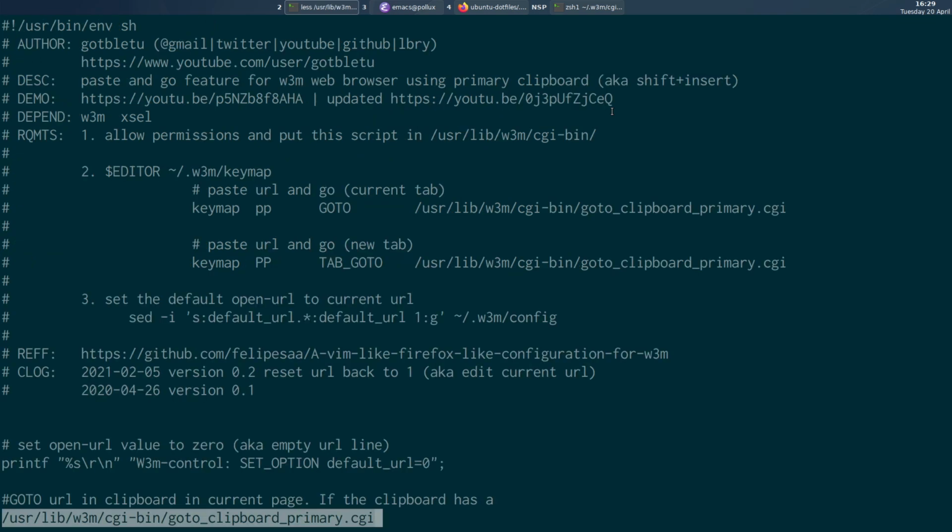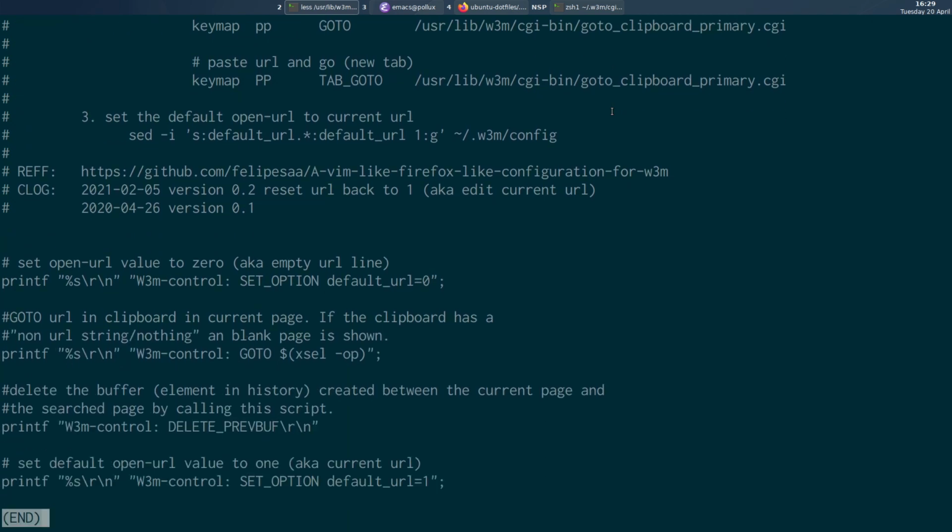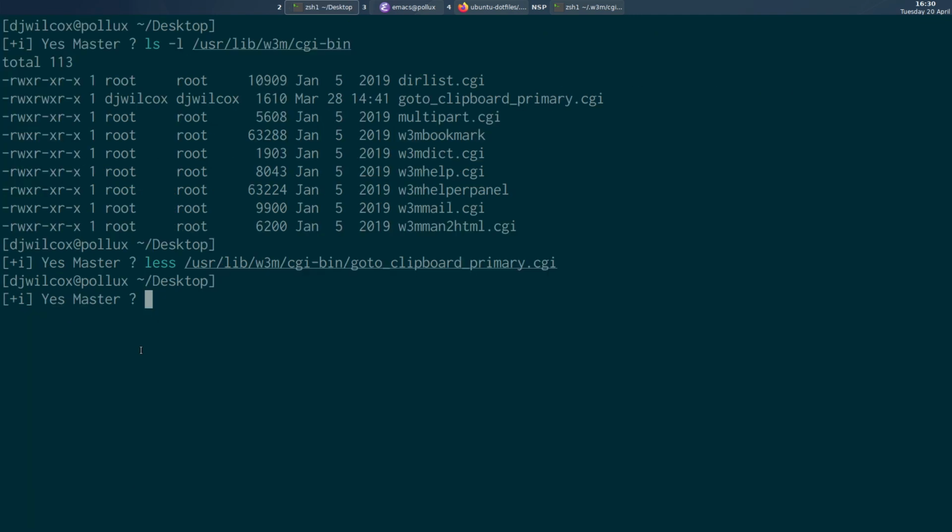So if I just open this up here, come down here, you see these printfs down the bottom: w3m control, go to, delete previous buffer. And so these are controlling w3m from within this script and telling it to open a particular page. It's basically going to open the clipboard, which will contain a URL. But these sort of scripts that control w3m actually have to go in the user lib w3m cgi directory,